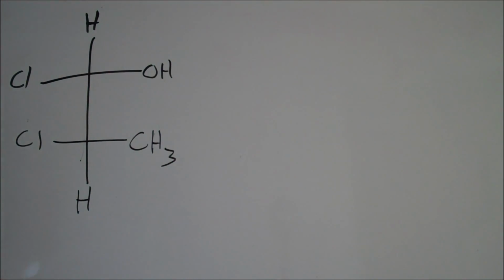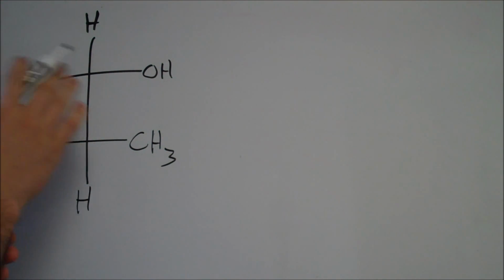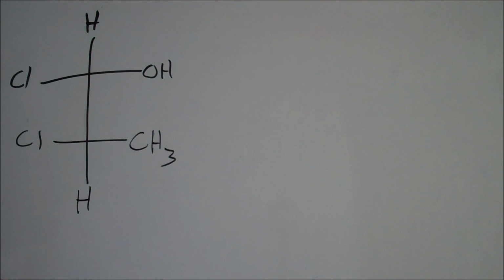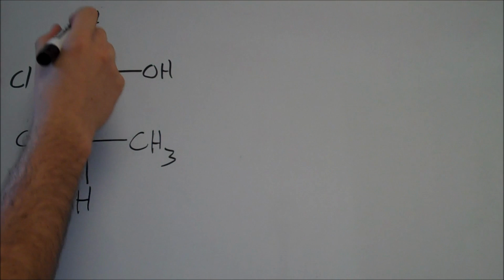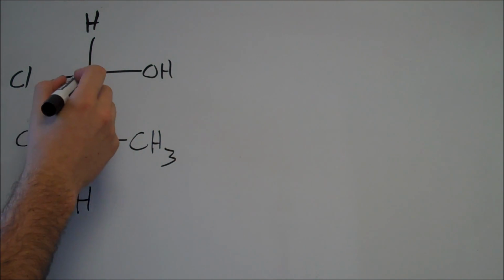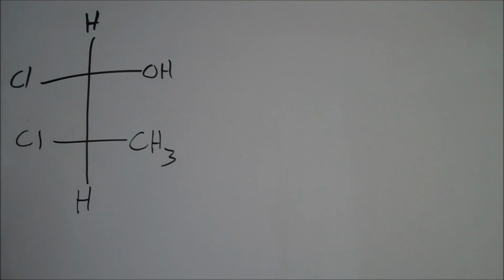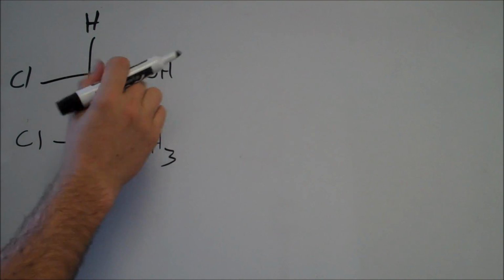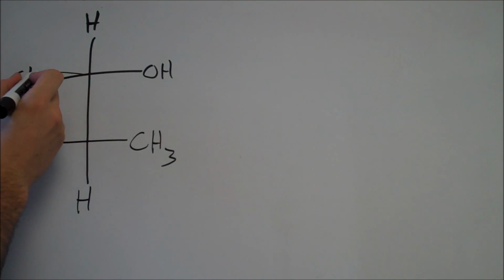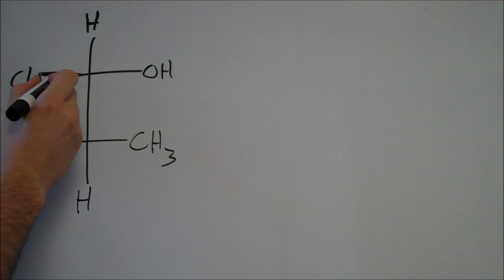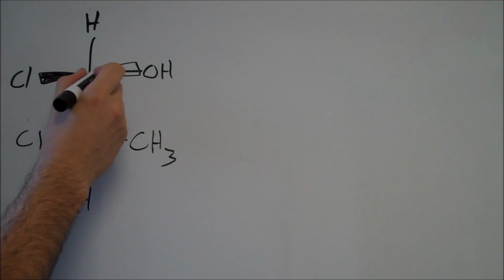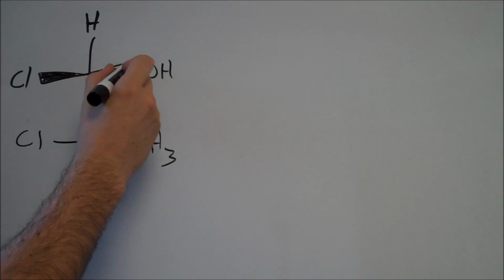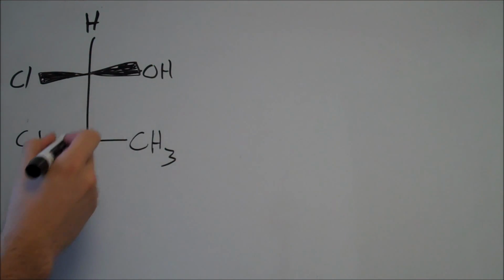Okay, so here we're looking at a Fischer projection, and Fischer projections are useful for indicating stereochemistry when you have more than one chirality center. These points where the lines cross perpendicular to each other are in fact carbons. Everything attached on a horizontal line is on a wedge, which means it's coming out of the page at you. So we're looking at this molecule in a kind of strange way, but we'll figure out why in just a second, because it's really helpful for looking at multiple chiralities.